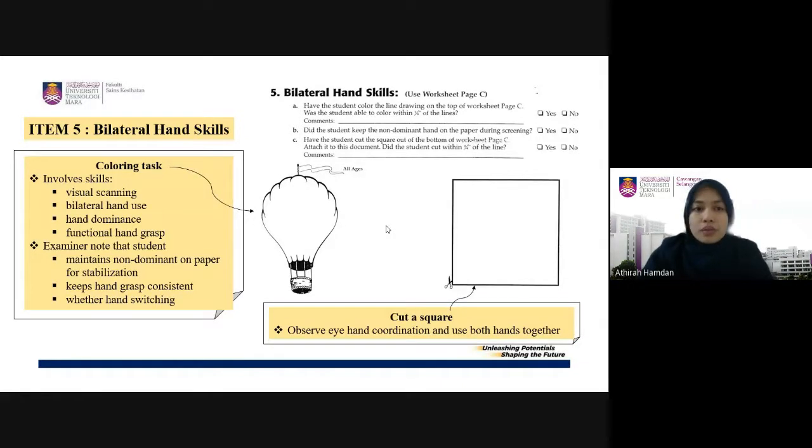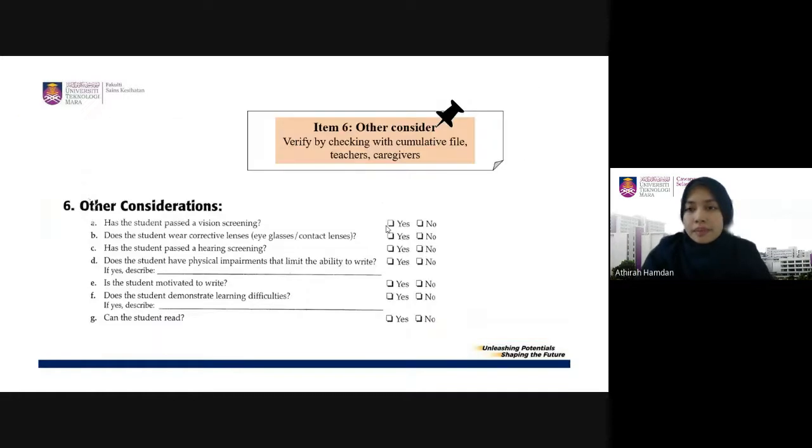So next we move to item 6. Item 6 is just check whether the children have other consideration as printed in booklet. Okay, yang ni soalan dia kalau nak sahkan budak tu macam ada vision screening ke, kita dah observe. So kita nak sahkan lagi betul ke budak ni, so kita tanya parents dia ataupun caregiver dia lah untuk just tick je lah, tick yes or no untuk item 6. So next, we move to item 7,